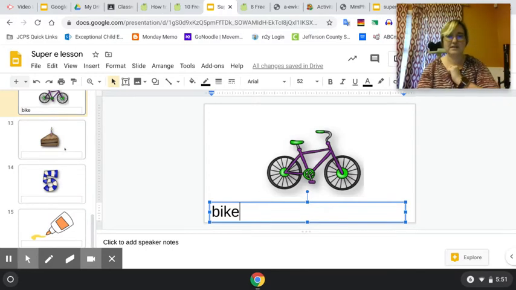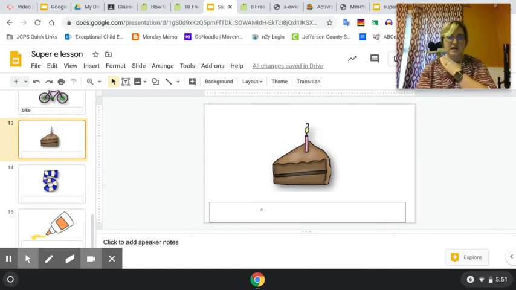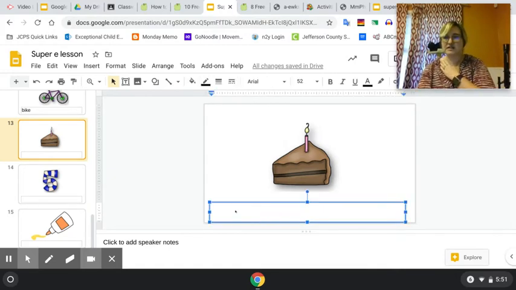Ooh, yummy. I like cake, especially when it's chocolate cake. I'm going to give you a second to see. Do you know how to sound out cake? What says k? It's either a C or a K. I think it's a C. C, and then A, k. And then we know if it's going to have a super E, which all our words do, it's going to be a K and not a C because it would say "case" if it was that way, because the C changes. So we spell cake, C-A-K-E, cake.